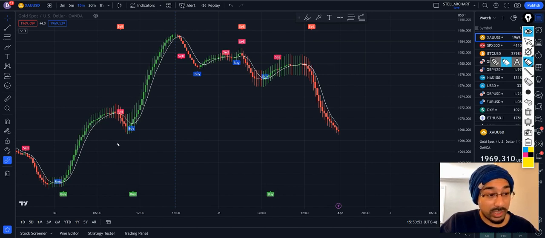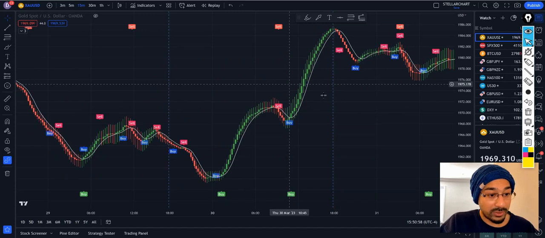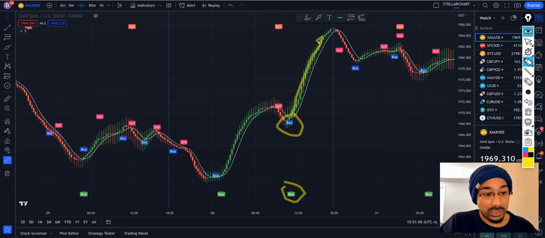And essentially, yeah, it keeps you in nice long trends. If I just go back a day over here on gold, and that's a favorite pair for a lot of people to trade, it can keep you in these very, very nice trends. Look at this buy trade over here, this buy trade over here. Essentially, this trade just exploded. You can see a sell trade showing up over here,